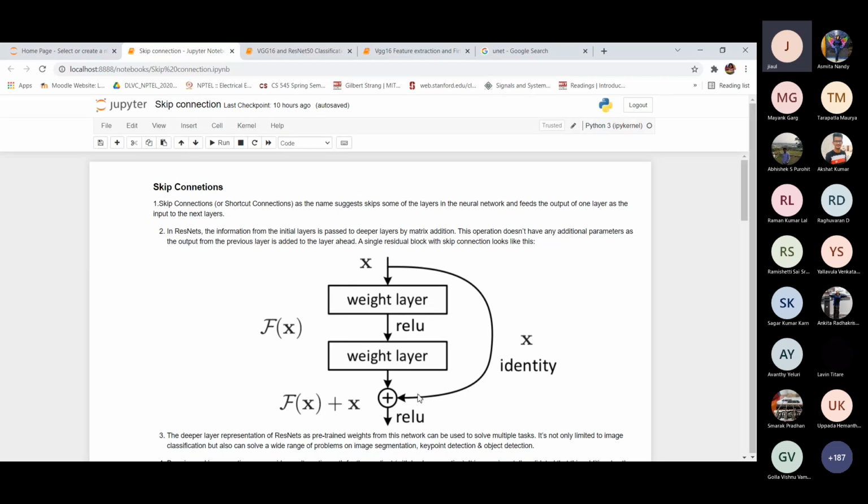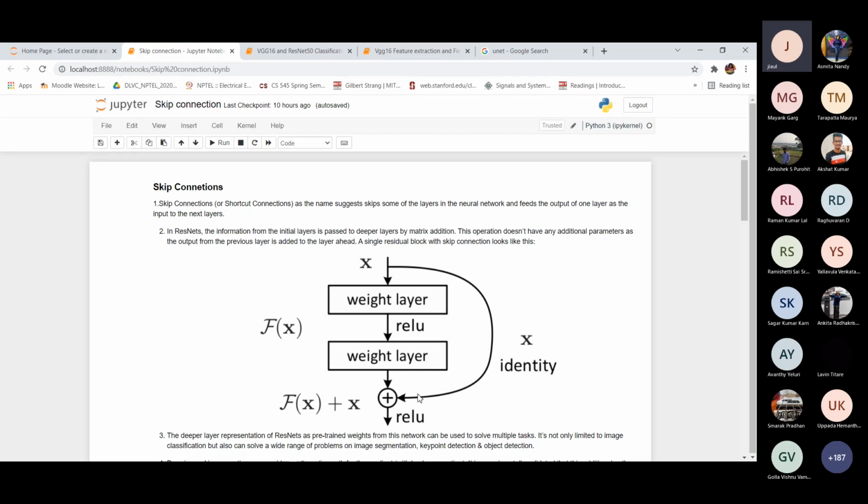In order to mitigate that effect, in skip connection, if you look at this particular picture, there are two possible connections. One is the usual feed forward connection, first layer, next layer, and so on. Another additional connection is added, the curved line, which fast forwards the whole thing.